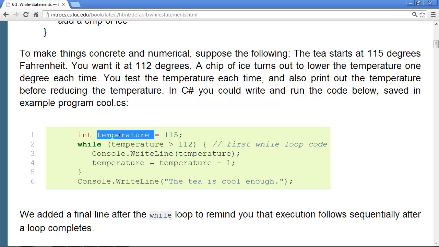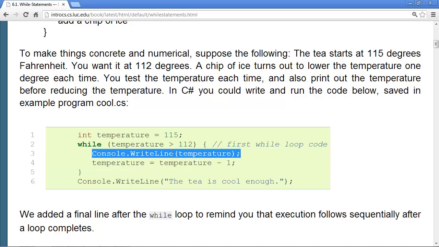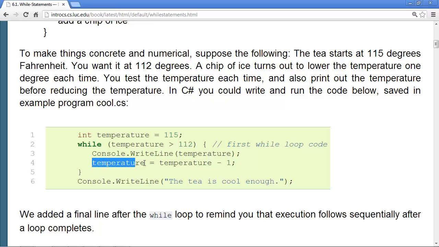We'll keep track of the temperature, assume it starts at 115, and assume that too hot is the temperature is greater than 112. Just so we can see what's going on in our program, we'll write out the temperature in the body here if it's too hot. In place of adding a chip of ice, we will just decrease the temperature by 1. The old temperature minus 1 is the new temperature.